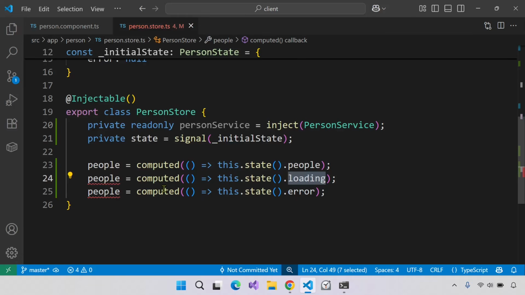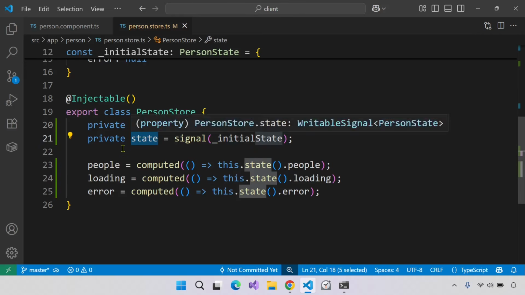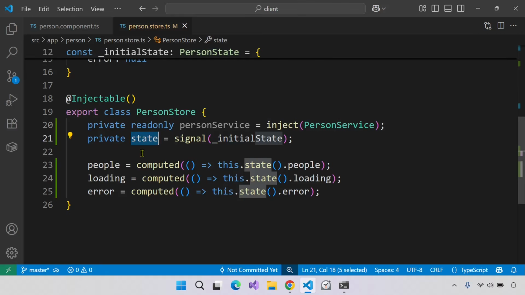So just copy this thing here and copy this thing here. We don't directly share state with the components because we don't want a person from the component to directly mess with the state. So instead of that, we provide them some computed signals and we provide some methods to